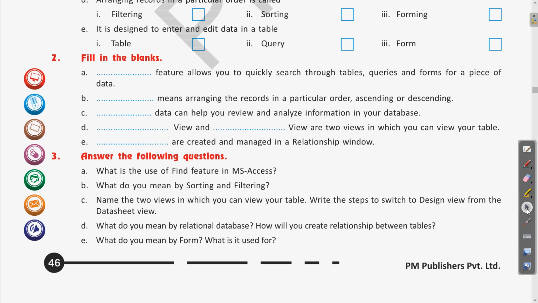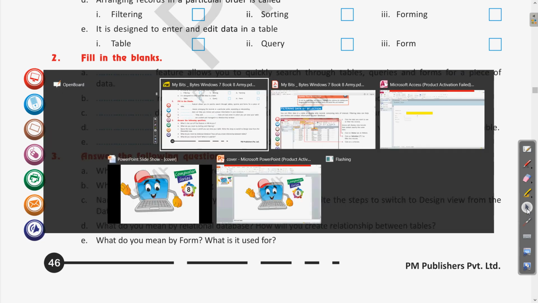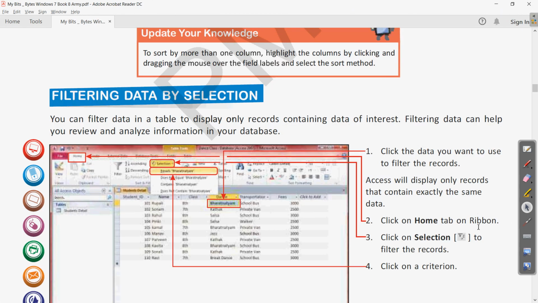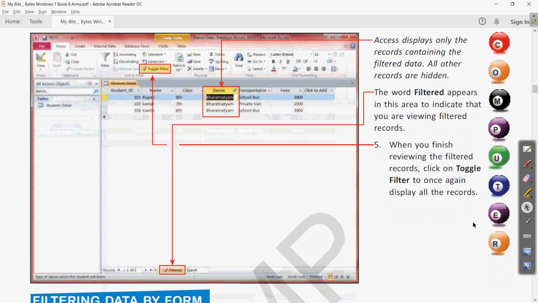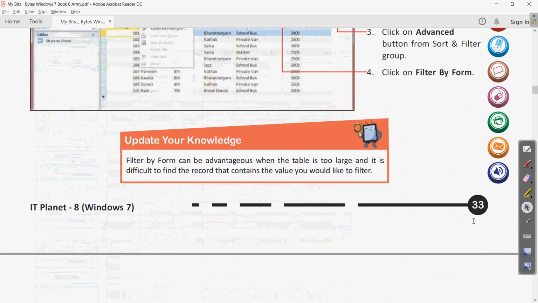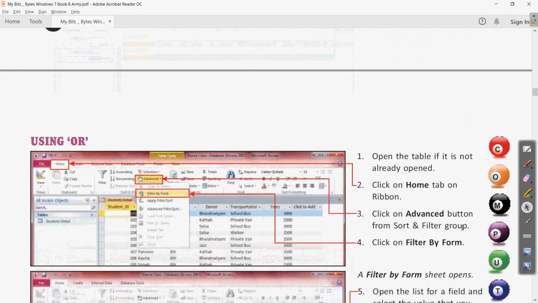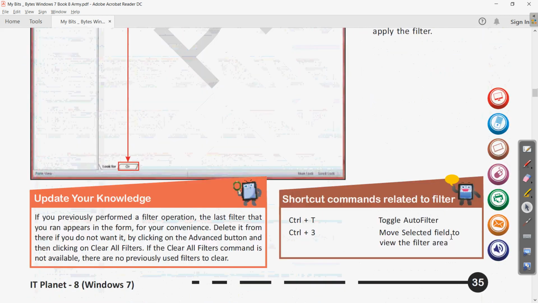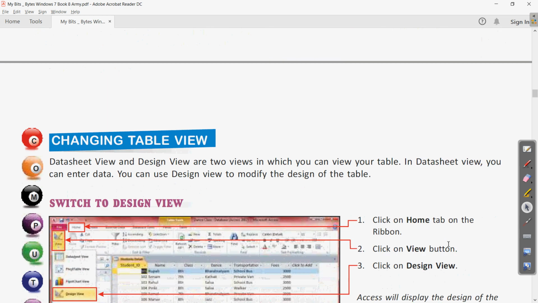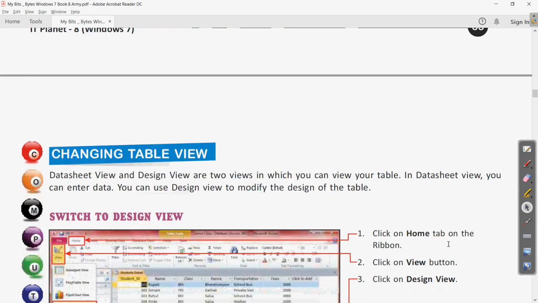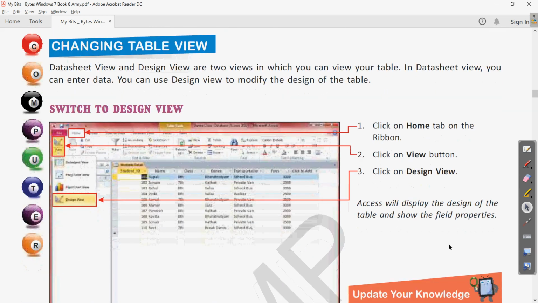So let us come again to the textbook. If we move further in the book, let us see where the answer is. If we come to page number 34, this is 35 also. Okay, so here is the answer on page number 36. The first part of the question is, what are the two views?